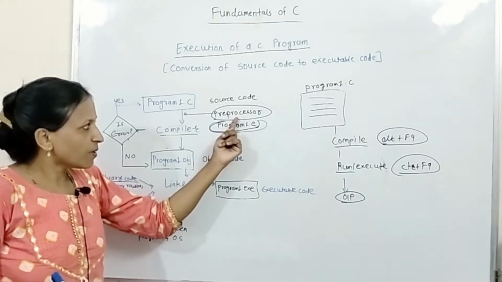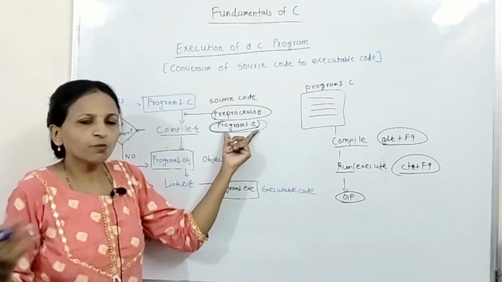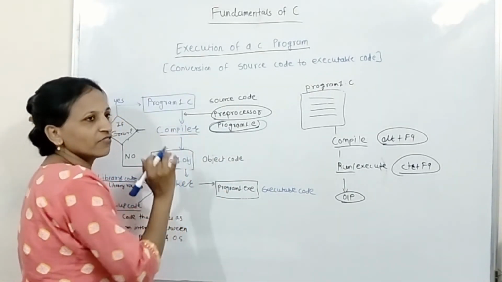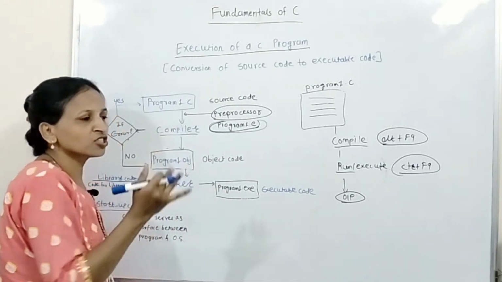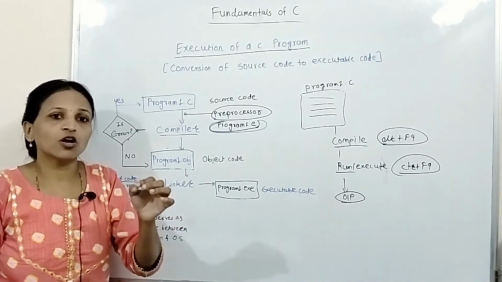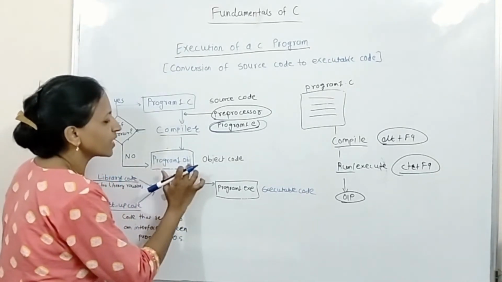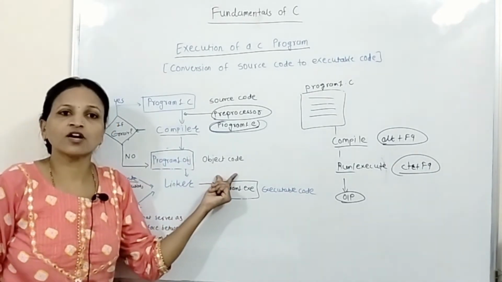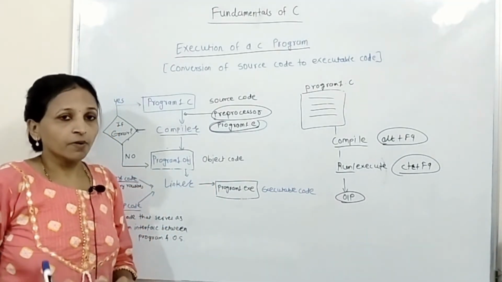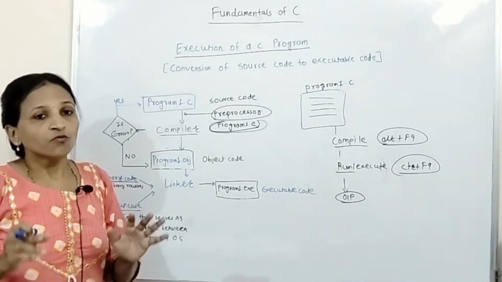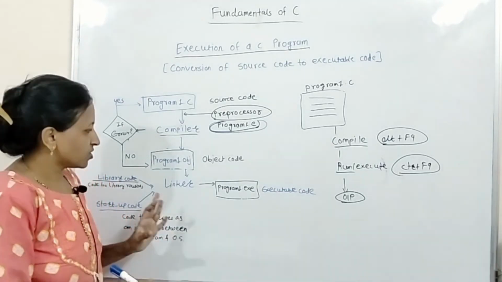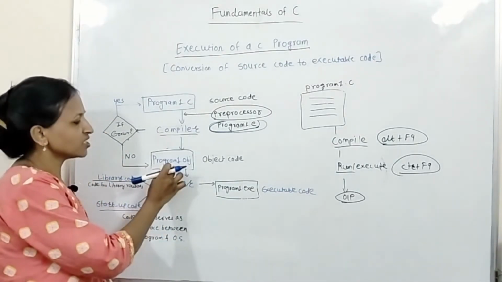Those get resolved by this preprocessor, and it will generate one more file. It will create one more file, that is the extended source code, and on that the compiler will act, and the compiler will generate the machine language code for this, and that machine language code always has the .obj extension. That's why we will get program1.obj, and that code is always called object code. Now next point: the object code is in machine language, but again it is not ready to execute. For execution, some other code must be attached, some more instructions must be attached inside this code.